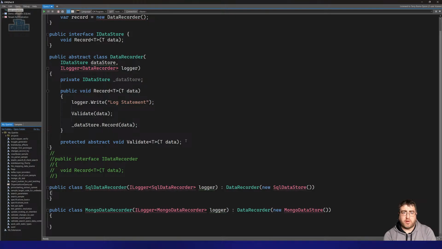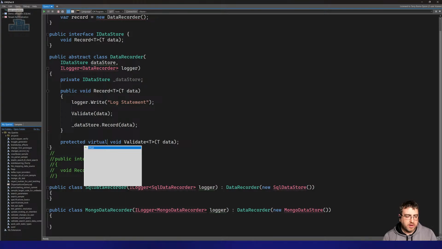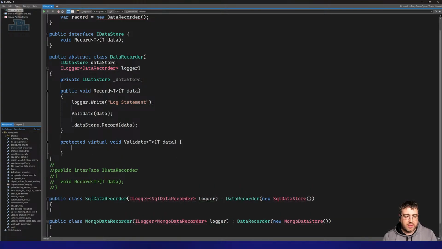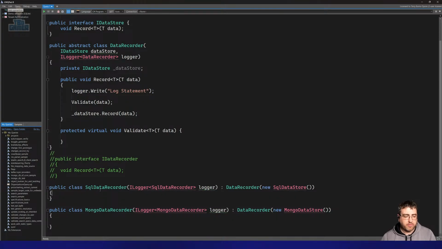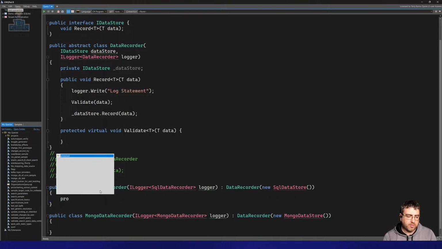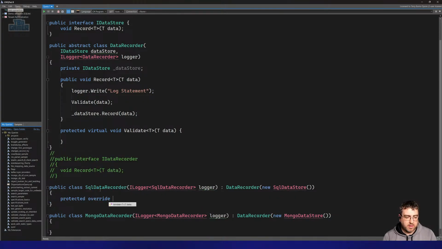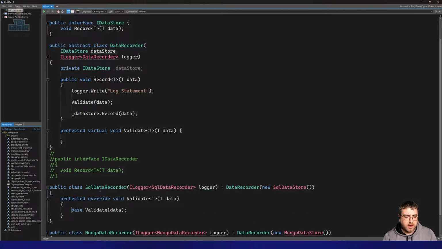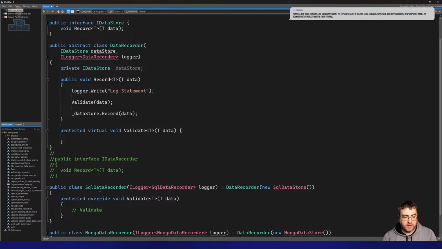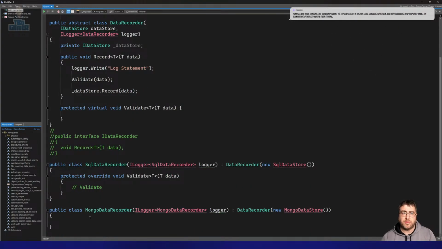Virtual is useful if you have a default behavior, right? Let's say I don't want this to be forced, but I want to be able to provide it. So if I want to make this virtual, yes, it has no behavior, but I can also override it in here now. So public protected override validate. Help me there. Now I can do whatever I need to do, validate this, but this one doesn't have to do anything, right? So if validation doesn't matter,